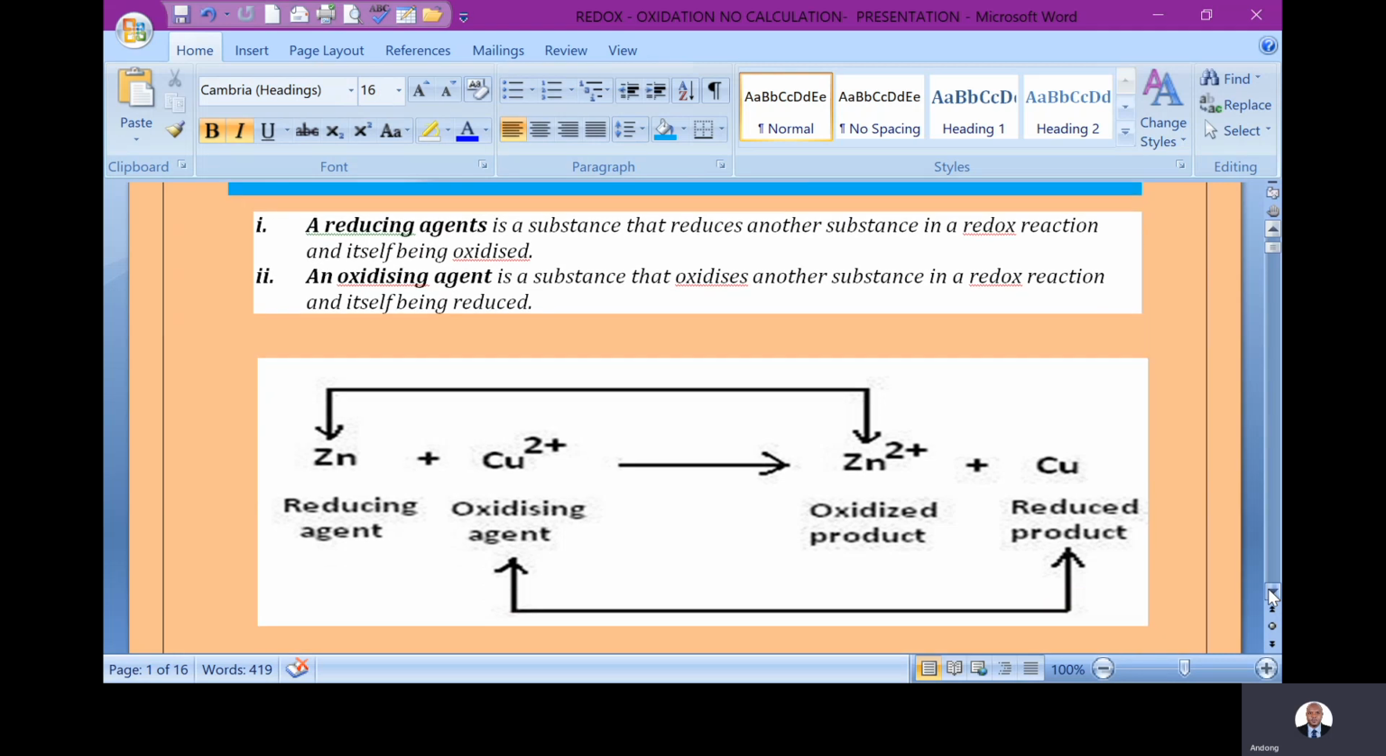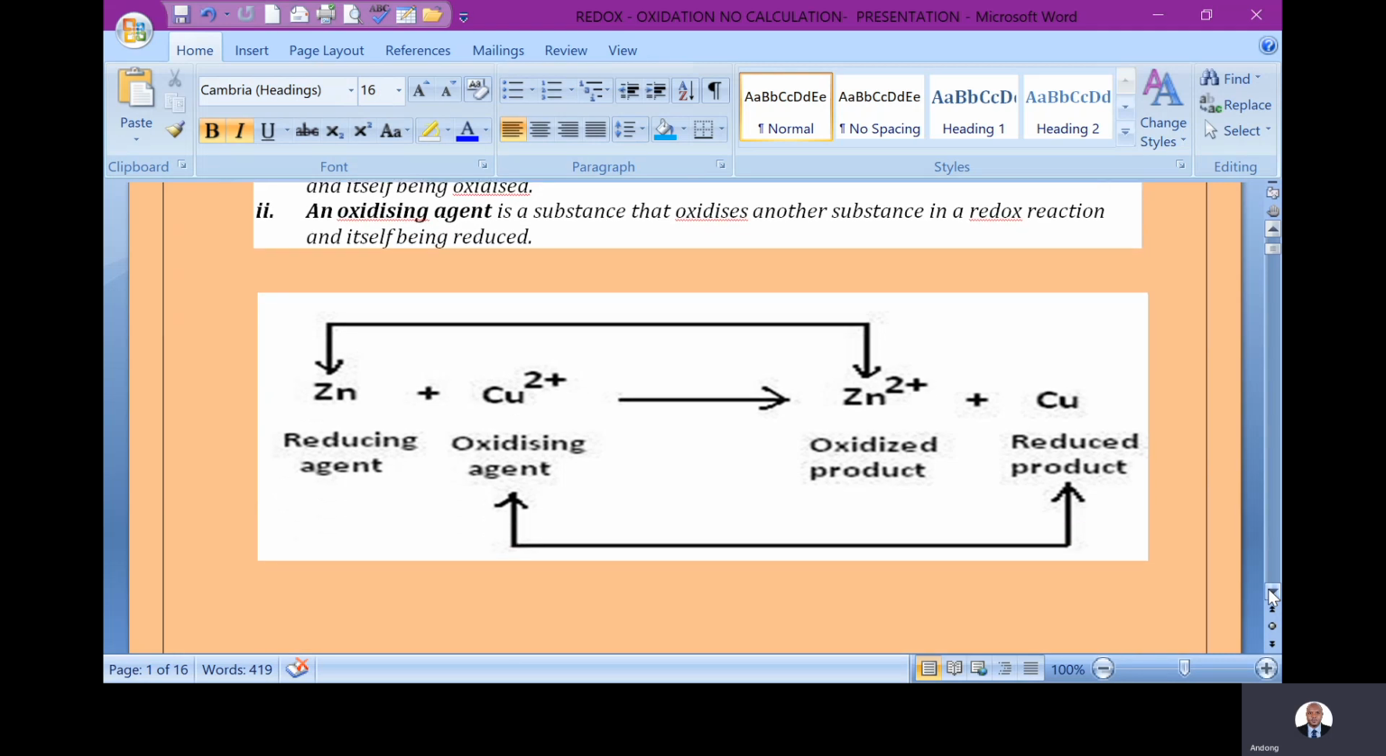I'm talking of zinc plus copper ion reacting to give zinc ion and copper. Based on your knowledge of the reactivity series of metals, you know zinc is more reactive than copper. In that case, zinc will have to displace the copper. Here, zinc,